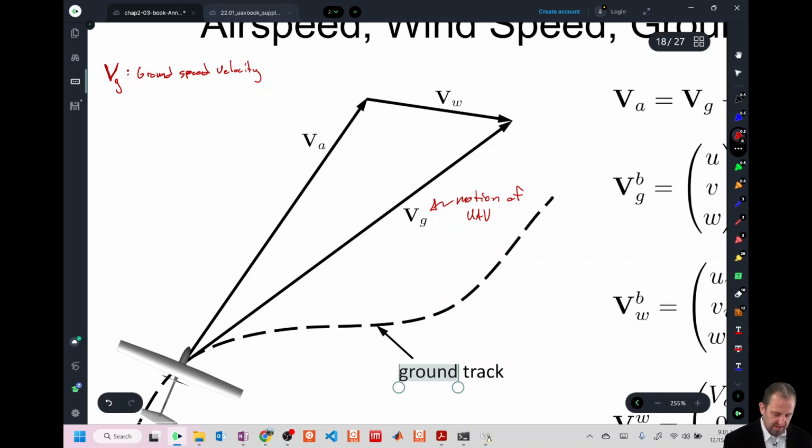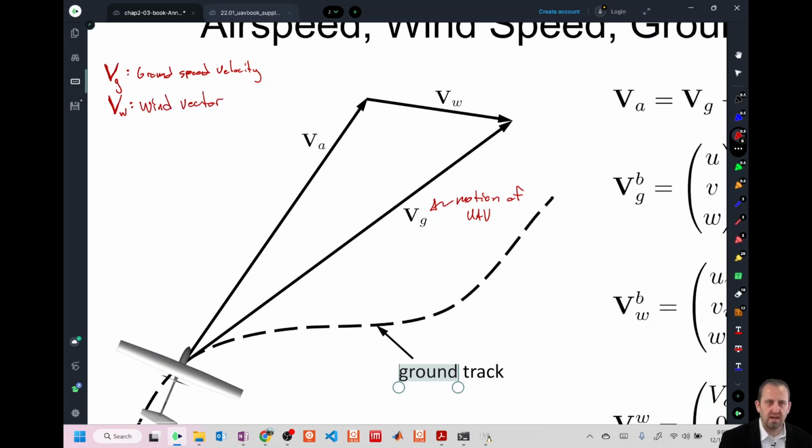Then we have V sub w. This is the wind vector. And this wind vector is defined by weather, right? So we get a contribution from weather, basically the wind gusts that are currently happening at that instant in time. And then we have